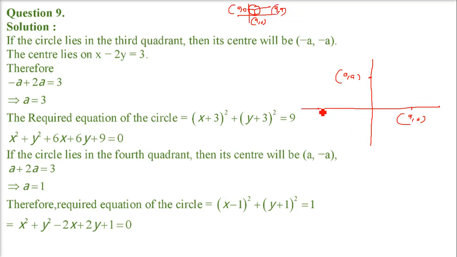Now this point would be what? (-a, 0), and similarly on the y-axis the same point on the other side will be (0, -a). So what will be the center of the circle which passes through these points, or touches these axes? It will be (a, a). Similarly on the opposite side it will be (-a, -a), and this will be (-a, a), and this will be (a, -a). Let us take all these into scenario and try to find out the equation here.